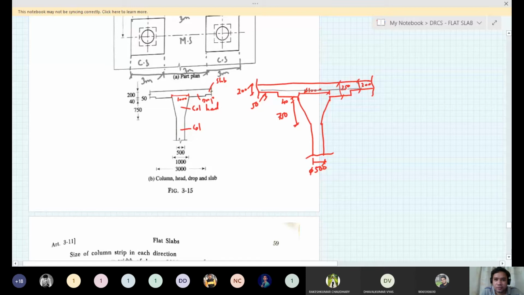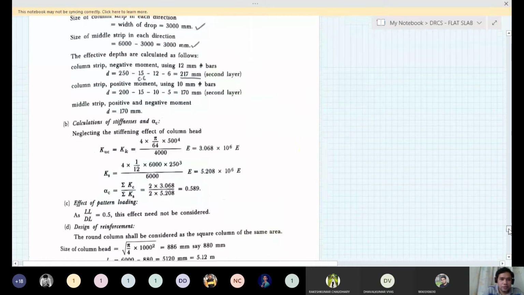Okay, and it is provided, and since we have the same top surface for the portion having drop, and for the remaining portion, this reinforcement can go throughout. So for this part we can consider the 250 mm overall depth for the effective depth, but for the positive reinforcement which is provided at the bottom, we have to continue the reinforcement from the slab. So that is why it is 200 mm. So it is 200 mm minus clear cover.